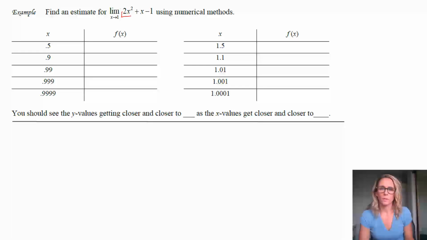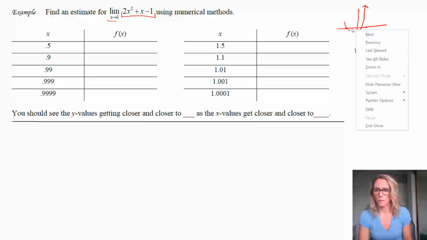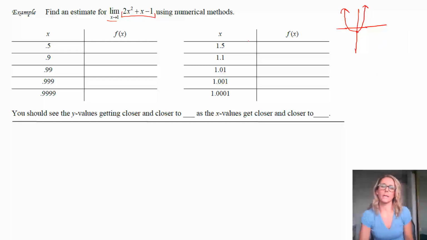If we think about this question, which is the limit as x approaches 1 of 2x squared plus x minus 1, it's really just asking us, if you think about this, this has a y-intercept at -1, and then we're here. So the idea here is that this parabola goes up on one side, and we know there's symmetry, so it goes up on the other side. Okay, that's not perfectly symmetrical, but you see what I'm saying.